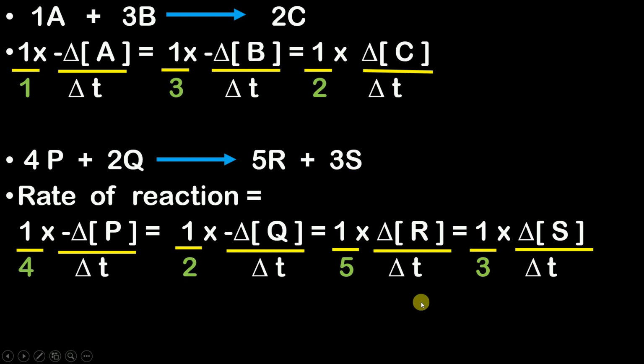So as you can see over here, you are getting 4 formulas for rate of the reaction. Am I right? Here you are getting 4 formulas of rate of reaction. It depends on how many constituents are present in a reaction, that many formulas you will be getting. Now you must be wondering why I have stretched the video so long when we can just get the rate of the reaction in less than 2 seconds. So the intention behind this was that you all must understand the concept.